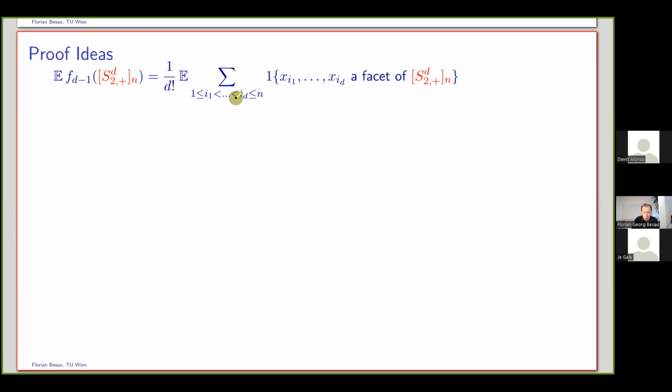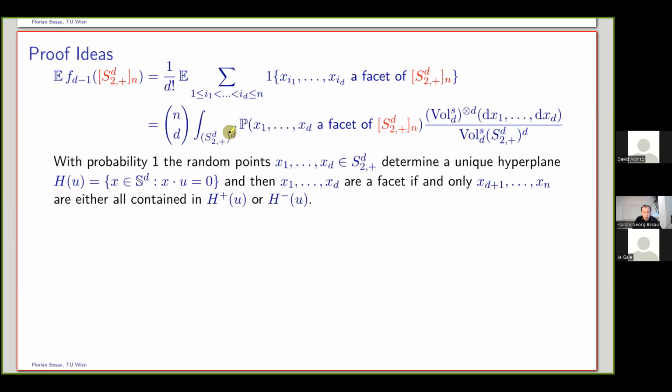Okay, so we order indices i1 up to id, and of course, because our random points xi are independent, this again can be reduced to the case where you look at the event that the first d vertices build a facet